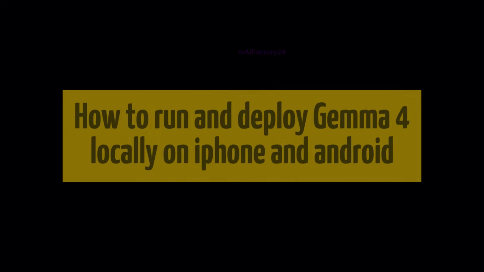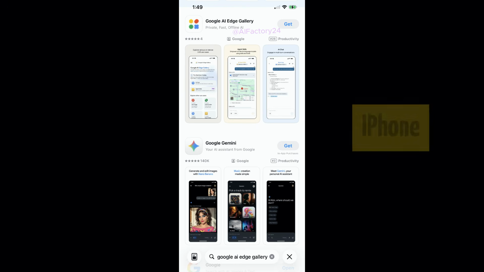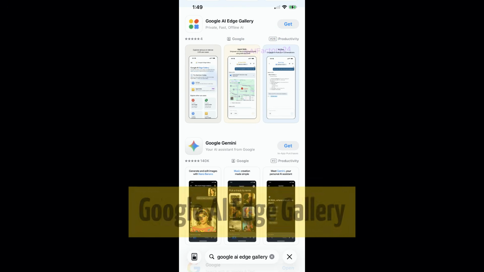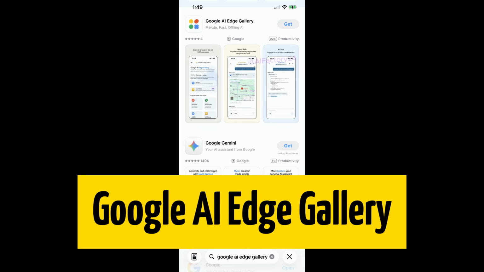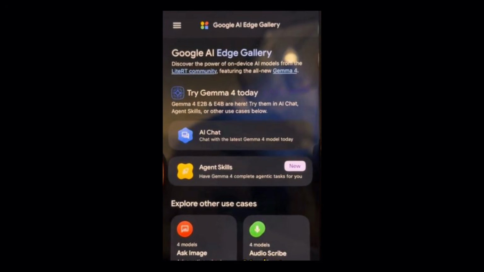How to run and deploy Gemma 4 locally on iPhone and Android phone. For iPhone users, you can simply go to the App Store and search for Google AI Edge Gallery to download the app. After installing it, open the app and it will take you to the main interface. The first option is AI Chat, where you can directly chat with the AI. The second option is Agent Skills, which allows the AI to perform tasks for you, such as generating or working